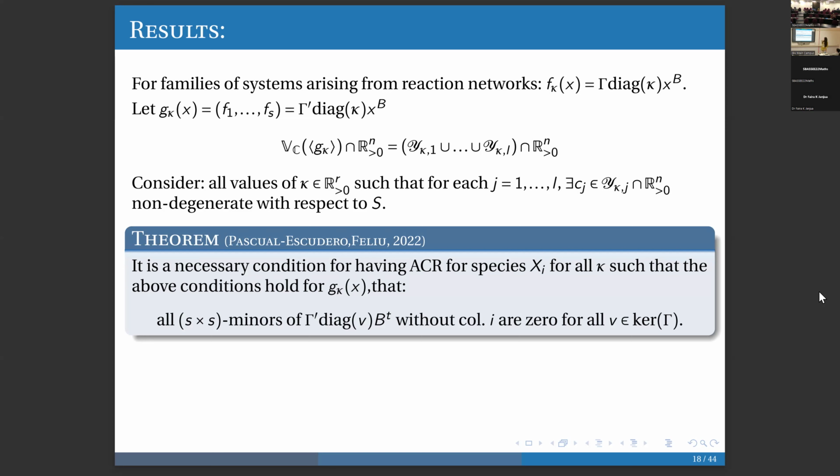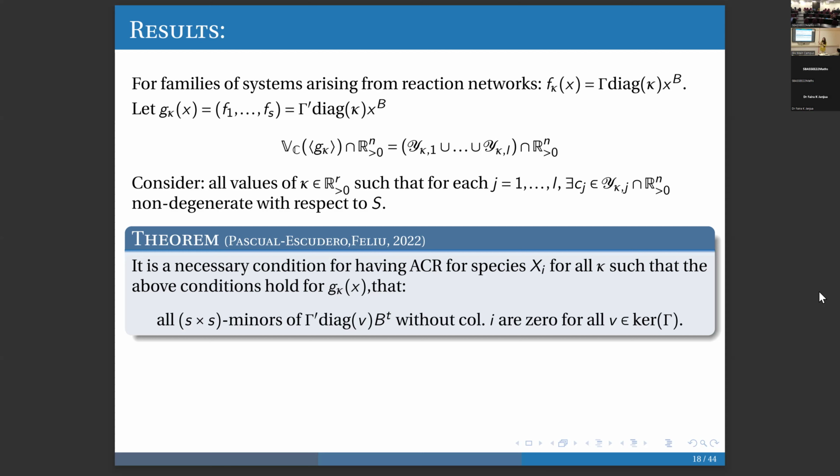So we determined that it's a necessary condition for having ACR with respect to some species, at least for all the cases such that the conditions above are satisfied, which is the case in which I can say something. For the case for which there is some irreducible component that does not have any non-degenerate point, so all points are degenerate, it's a multiple component, or it's a higher dimensional component, or all the real points are singular, these kinds of cases I cannot determine. But for all cases which are not like that,